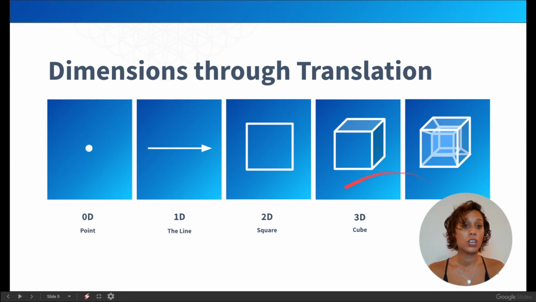We think about it as all starting with a dot, which is in a sense the 0 dimension. And that's a very interesting thing as well, what it actually means. It means it's all compressed in a sense to a point that doesn't actually exist, kind of like a 0. And then in mathematics, through translation, this dot can move in one direction to make the first dimension, which in a sense is a line.